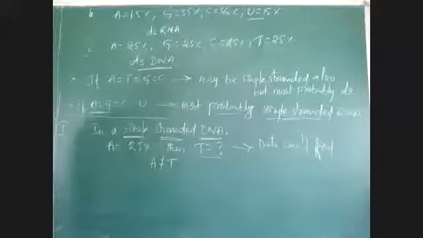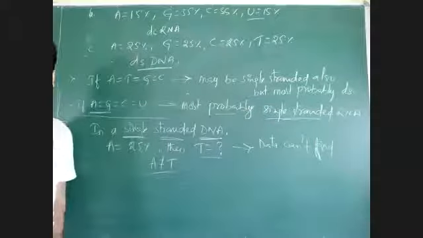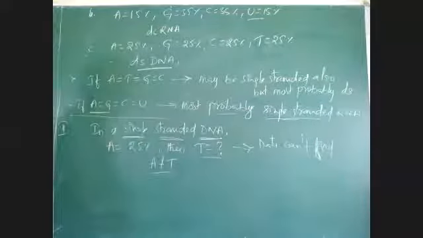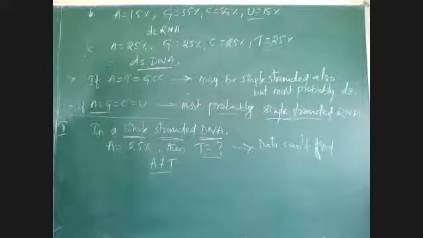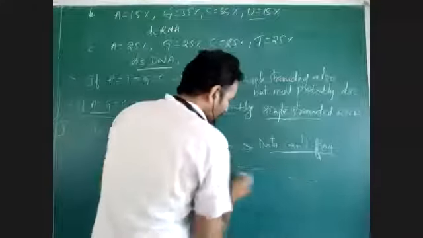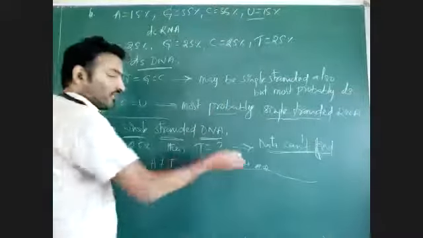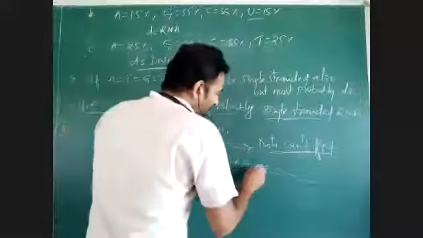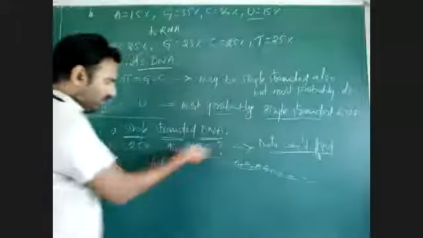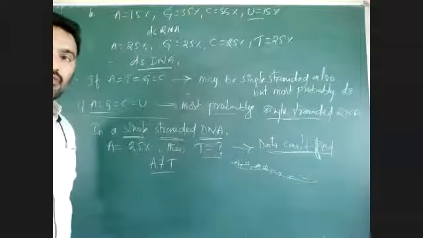We can't say correctly. All these answers may be correct or may not be correct. No answer, we cannot find the data. If it is a double-stranded DNA, then we can find the data. Suppose in this DNA, 25% adenines are there, and the remaining are all thymines only. With no guanine or cytosine, then T will be 75%. That is also possible.